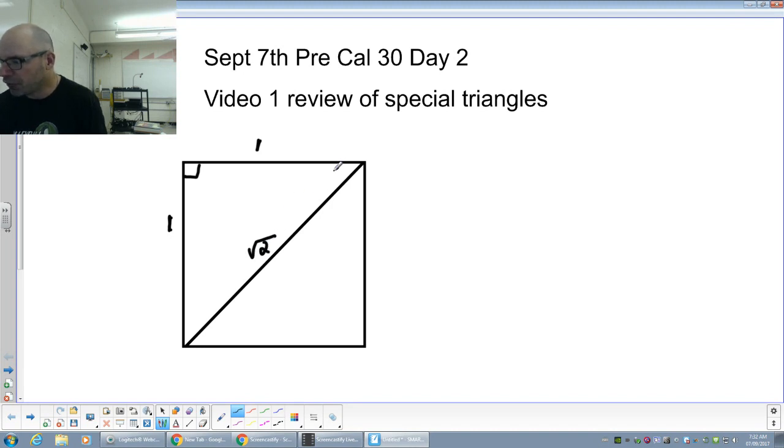And these are 45-degree angles. So that's our first special triangle. And we have 1, 1, and root 2 for side length ratios. And we have 45, 45, 90 angles. And that'll be important. If we look at each of these angles here, like this one at the bottom, we'll look at the one on the bottom here. And we're looking at the trig ratios. So if we look at the trig ratios of 45,